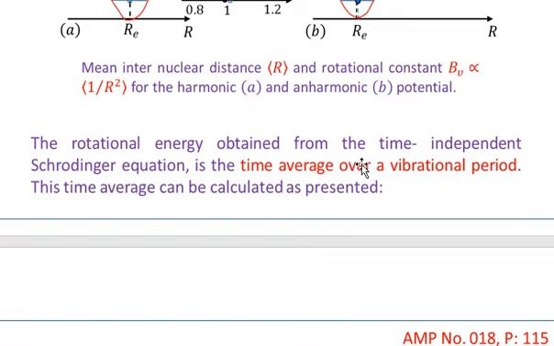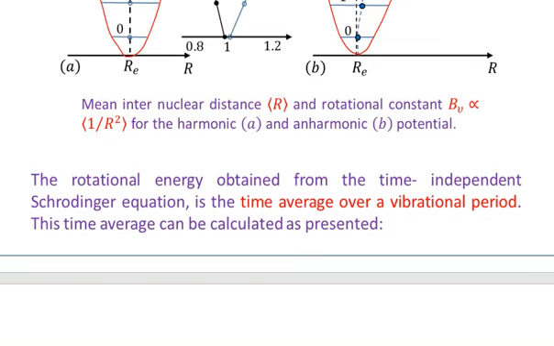The rotational energy obtained from the time independent Schrodinger equation is the time average over a vibrational period. So you see that if you solve the Schrodinger equation and obtain the rotational energy curve, you will get this rotational energy as the time averaged energy over a vibrational period,